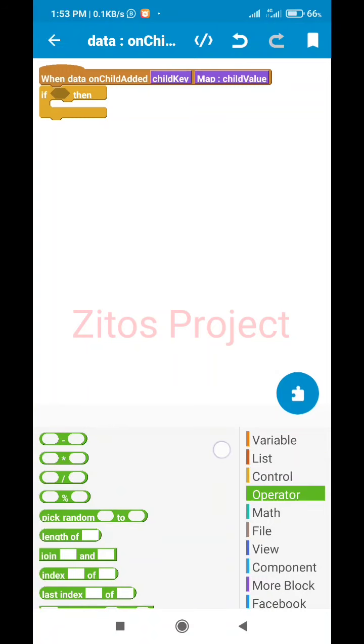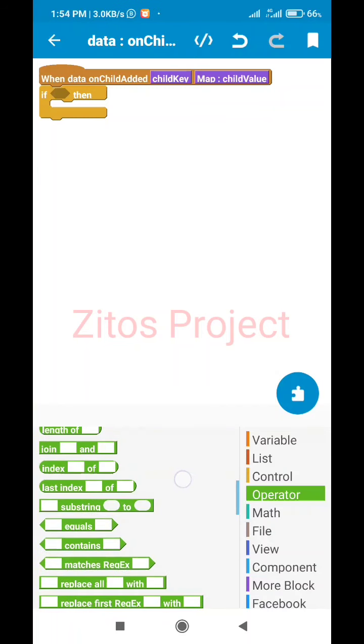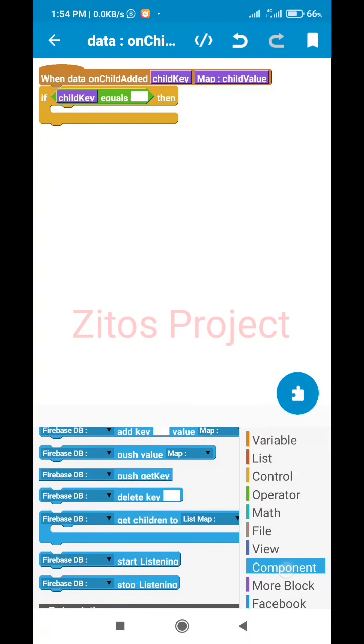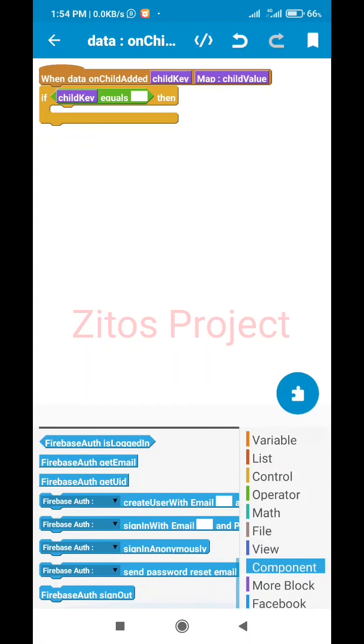Okay, if the child key is equal to the Firebase Auth-get UID, we'll go to components now. We'll look for Firebase Auth-get is equal to Firebase Auth-get user ID. Then